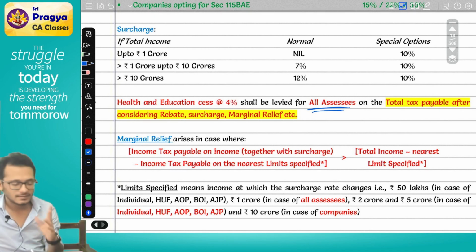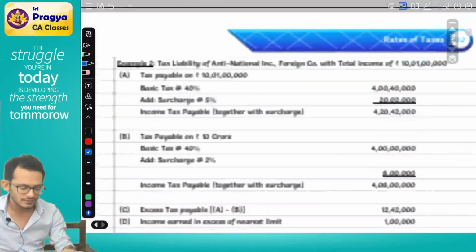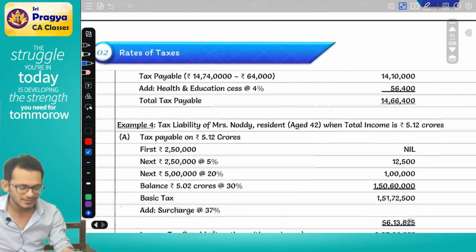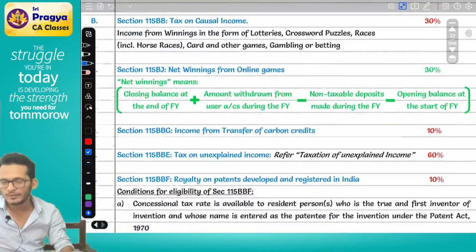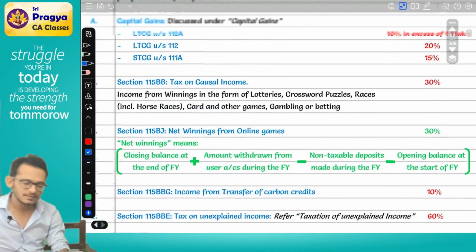Next topic is marginal relief, which we have already discussed. That moves us to the next topic, which is special tax rates. We are a little out of time for today, so we will not do that today. We will do it tomorrow. But just to confirm the last thing,